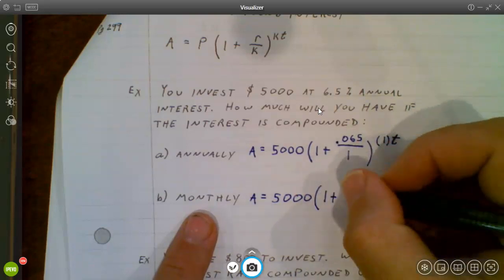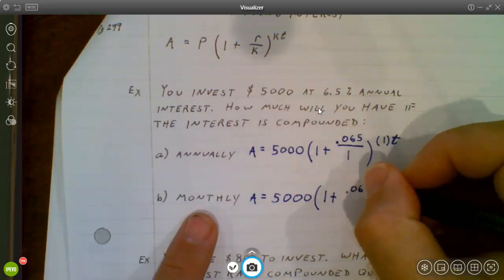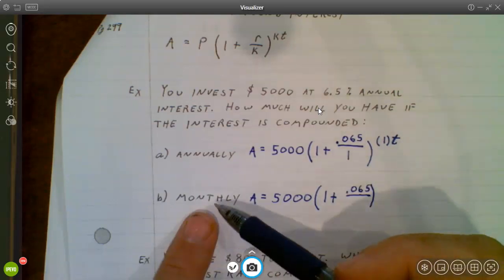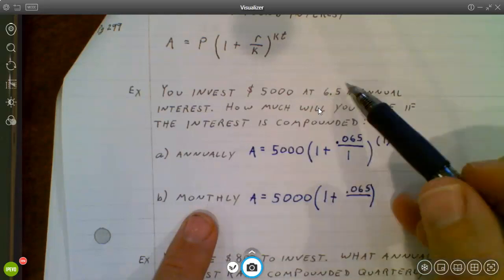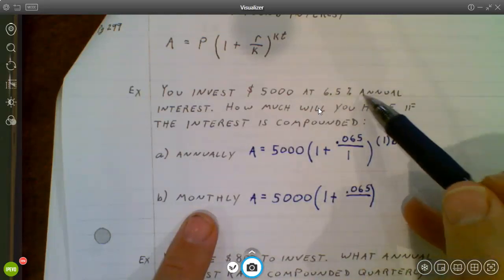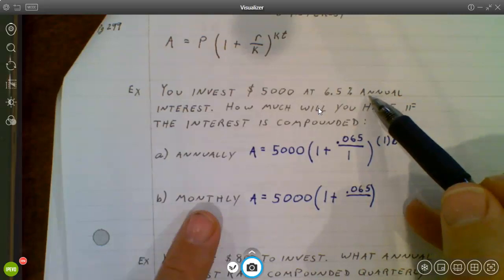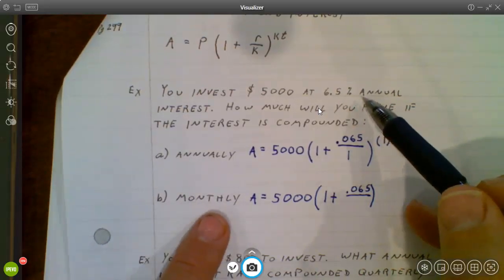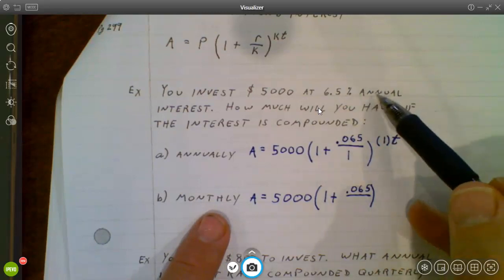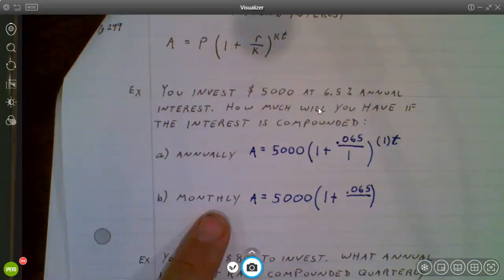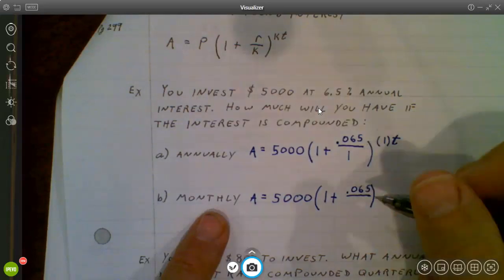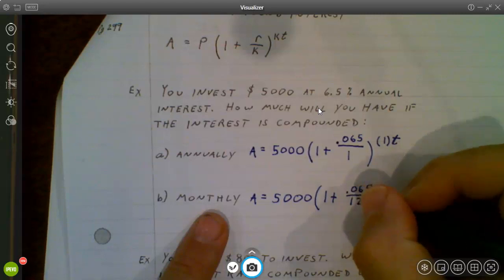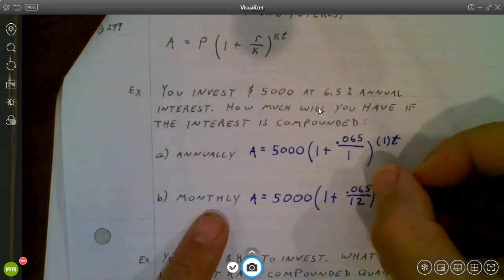If it is monthly, then remember the way we want to look at our value for K is how often it happens per year. So if this is an annual interest rate, but it's being compounded monthly, K represents my number of compounding periods per year. If it's monthly, that's going to happen 12 times per year. So what the bank would do is take your interest and break it up over 12 chunks, since it's monthly,